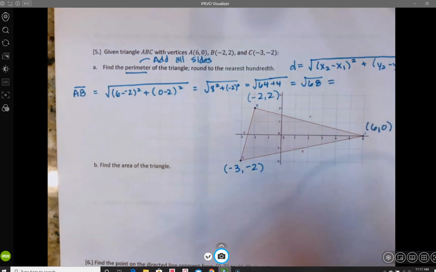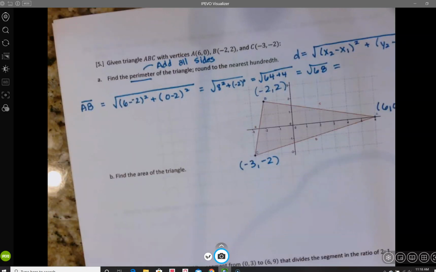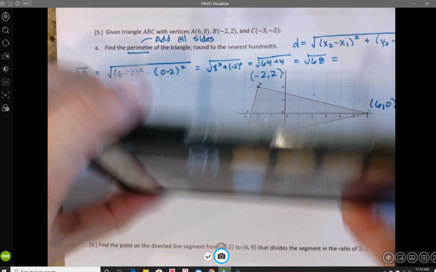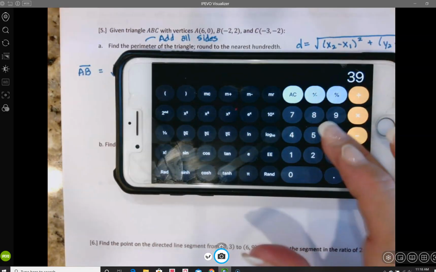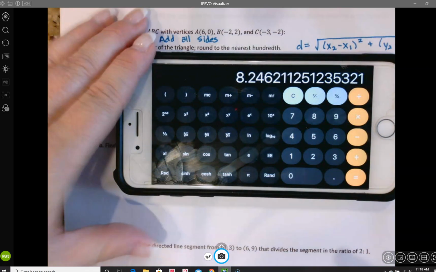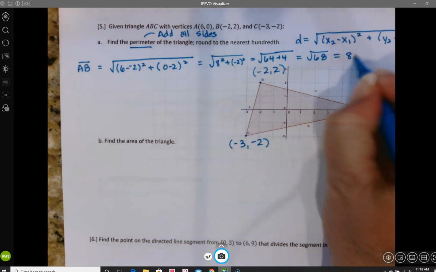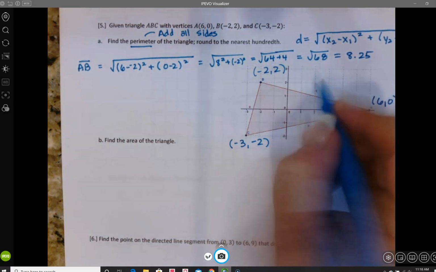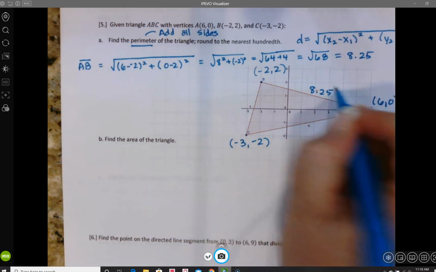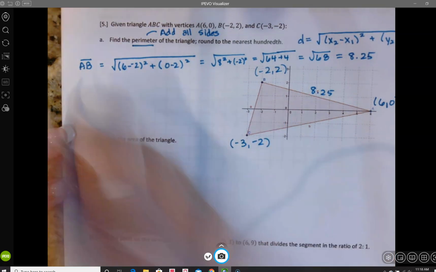So when they're talking about decimals, that is going to be a decimal. So I'm getting out my iPhone calculator, and I'm going to use, when I turn it to the side, so I'm going to go 68, and I'm going to use the square root button. So that's 8.25 if I round it. So one side is 8.25, and I'm going to do the same thing for BC,